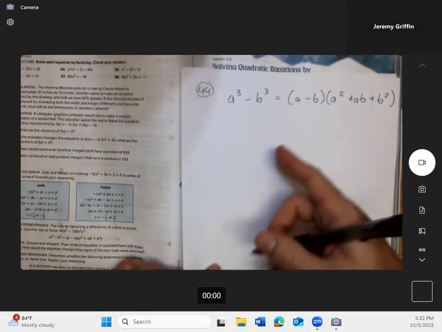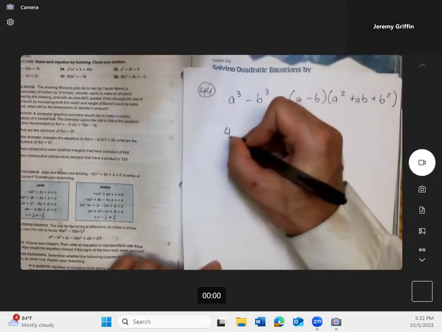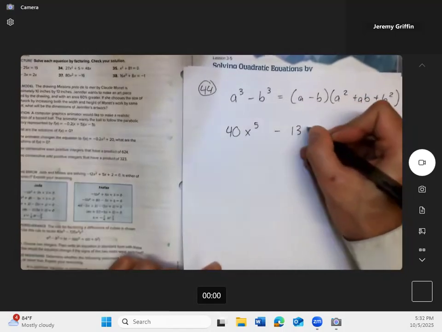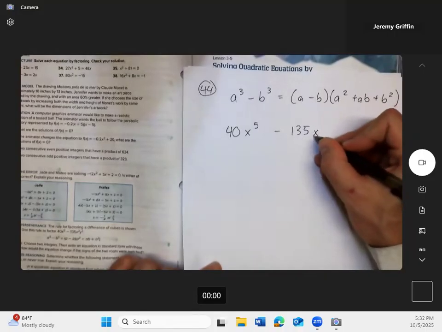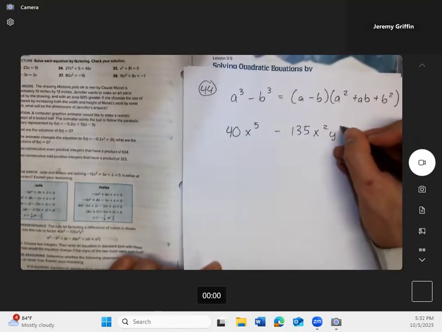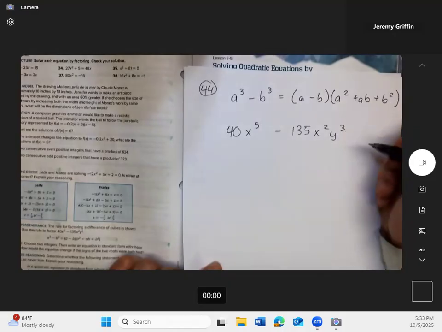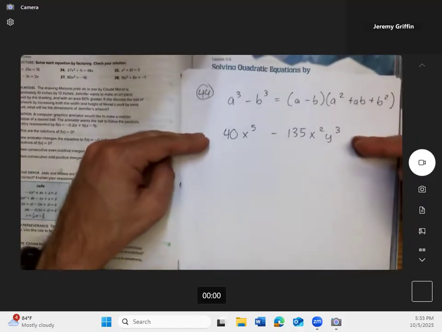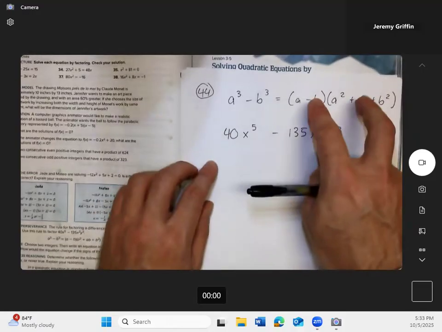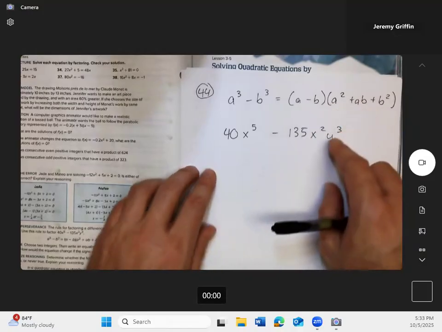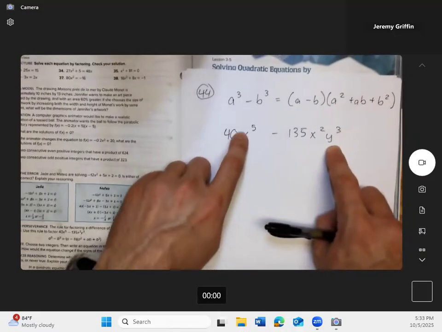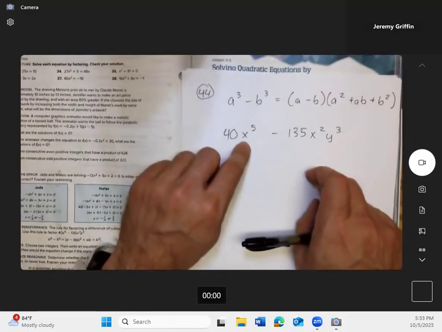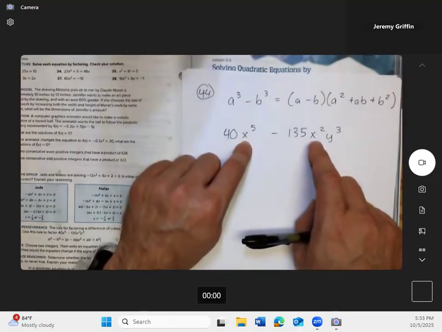That's interesting, right? How could you use that to factor something like this? 40x to the power of 5 minus 135x squared y cubed. Hmm. Difference of cubes. Now, if I want this to sort of fit this format so that I can factor it, I bet the final answer is going to look something kind of like this. I see the y cubed, that looks kind of like this b cubed. Now, x to the 5, that's too many on the power, but there's also an x squared here, so